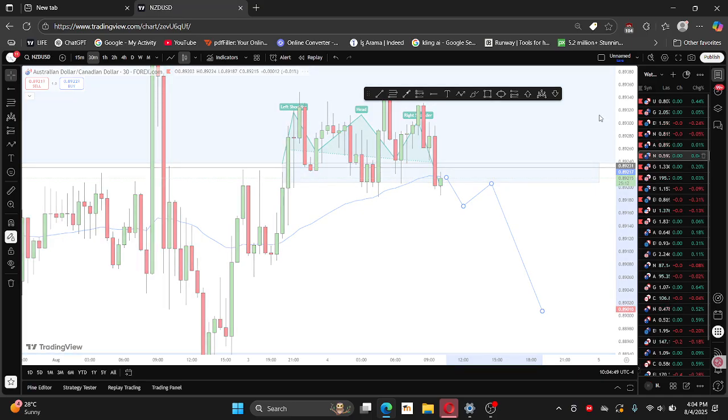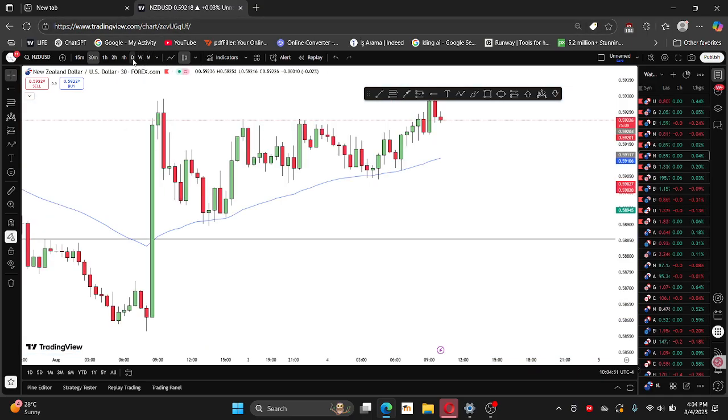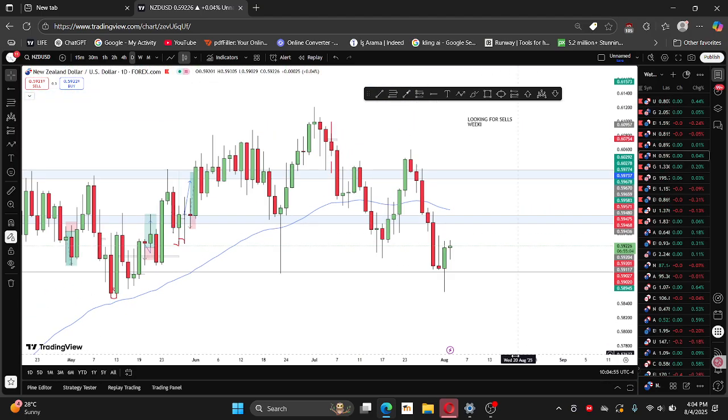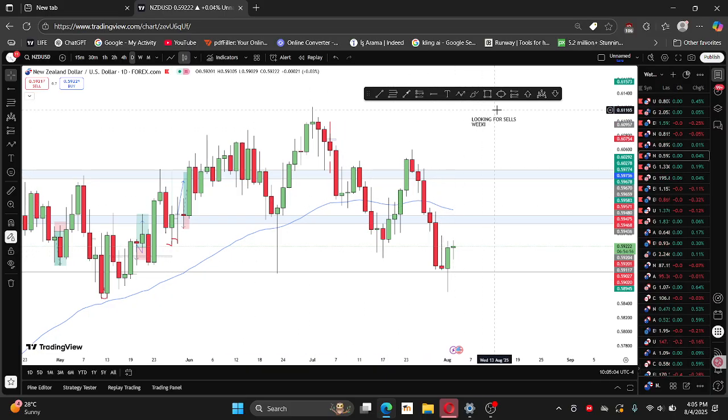Then I have NZD USD. Tell me if this doesn't look clear to you as well. Left shoulder, head, right shoulder, break, on the way to retest this zone. All we simply need is that push at that level, then sell. In fact, I have to